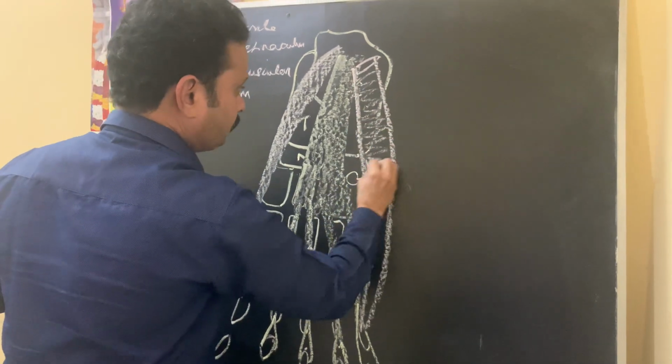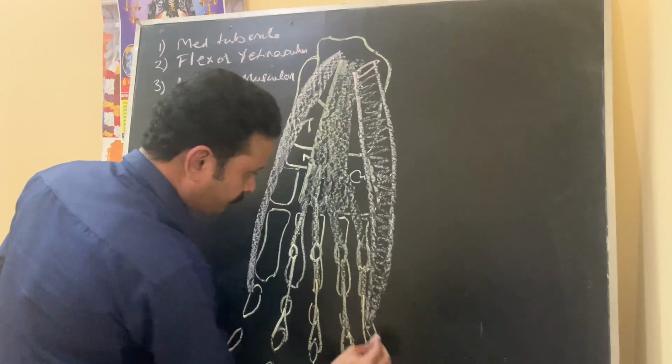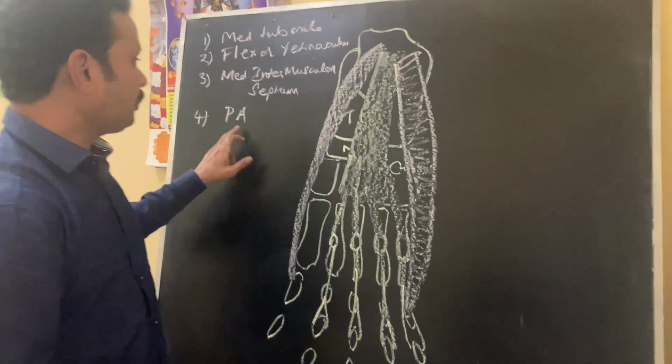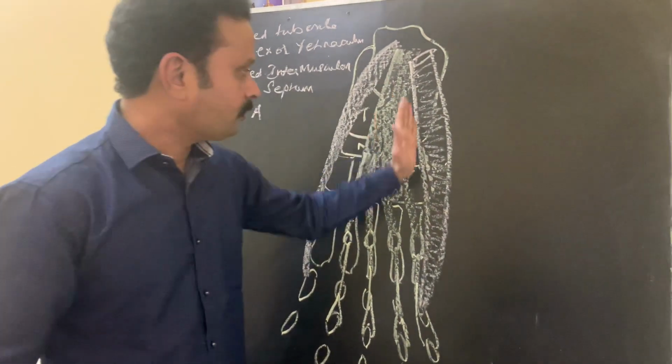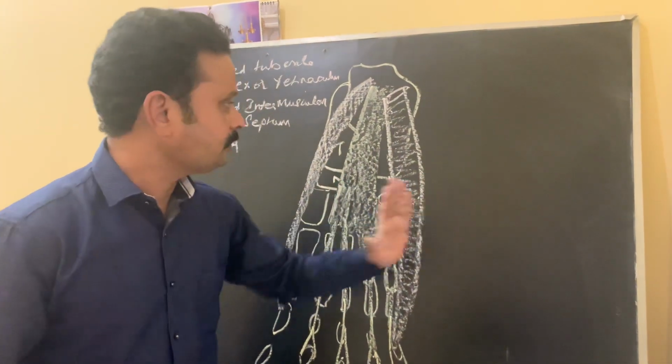So it is taking origin from both the tubercles of calcaneum, from the lateral intermuscular septum and also from the plantar aponeurosis. This muscle forms the lateral muscle of the first layer of